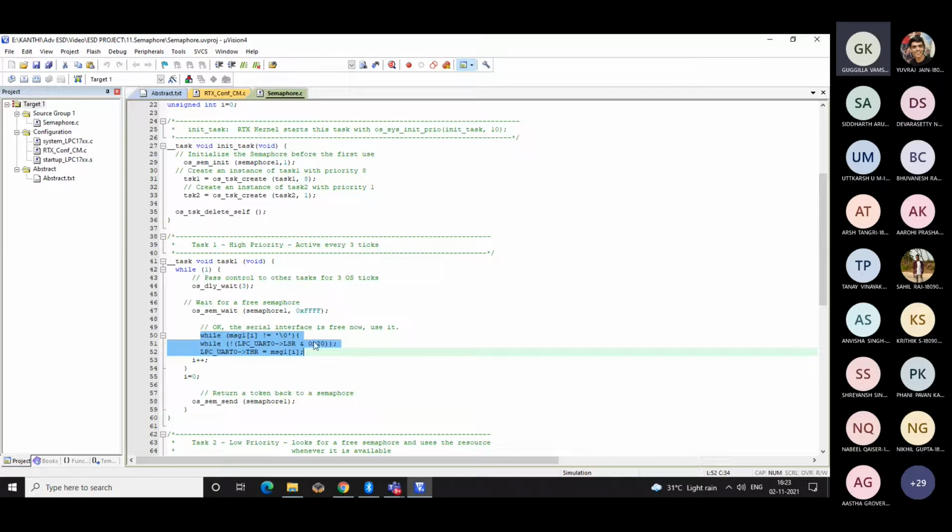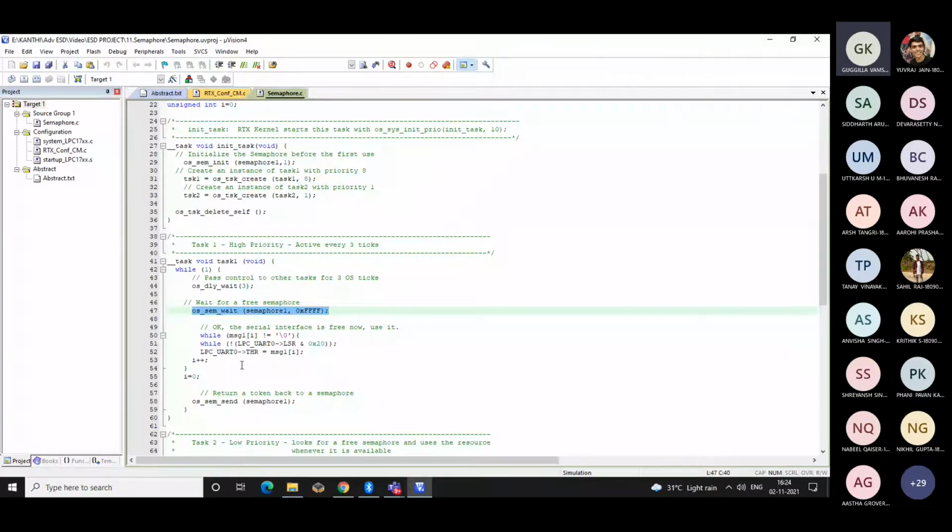Since I'm using the semaphore, before you make use of the UART, there is a semWait. It is waiting for the semaphore. So whichever task holds the processor first will acquire the semaphore, and that can make use of the resource.